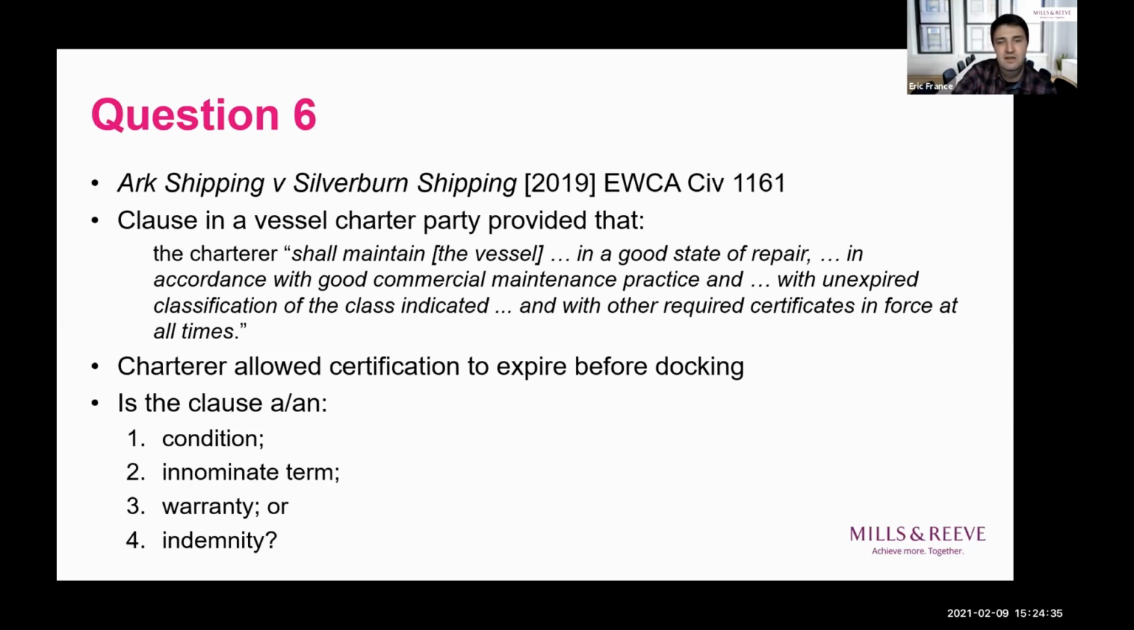Next question here: is a contractual representation of fact usually an innominate term? Bit hard to say in the abstract, but I think probably yes, because if you've got some clause in your contract which is making some kind of representation of fact, which the other side is relying on, then that is unlikely to be a condition, I would say, probably,